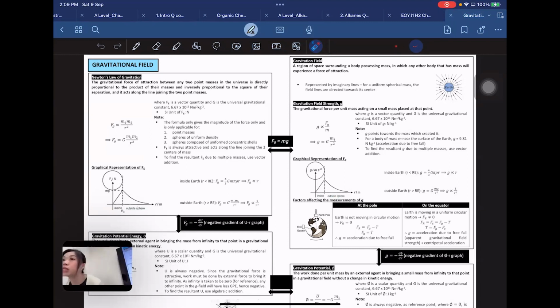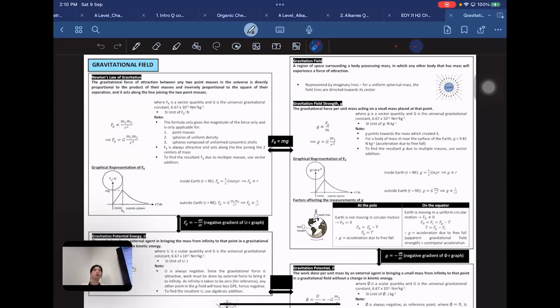Basically, everything inside the concept map is tested. Everything in the concept map is tested, obviously with some other stuff being tested as well. So any new things that you come across when you're practicing questions, just add them into the concept map. Understand? Okay. Now, for gravitational field, this topic that I would like to start, I want you to be